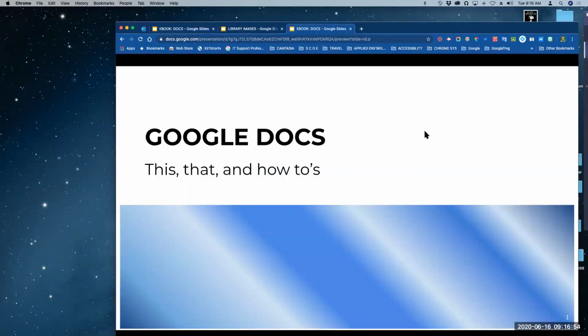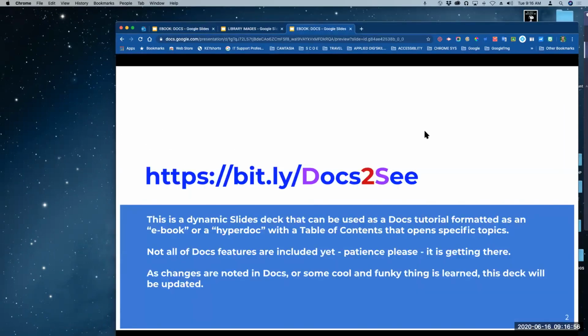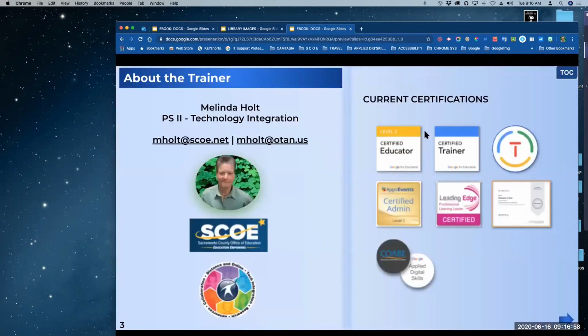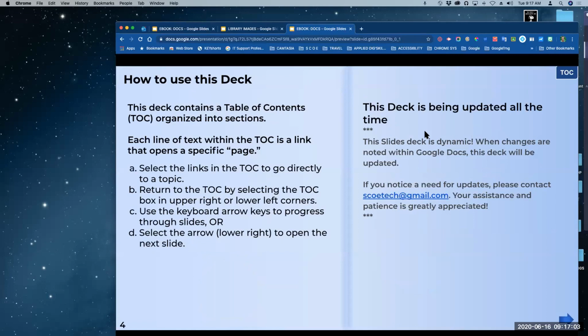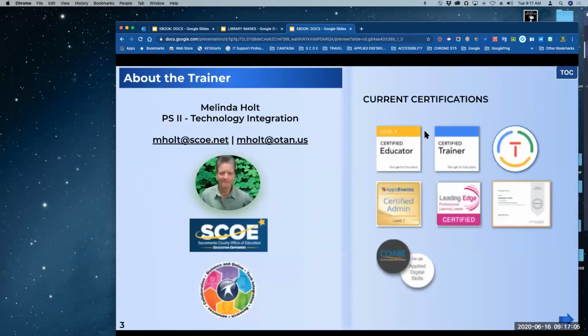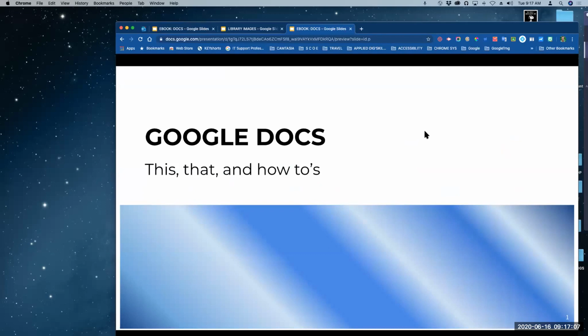So when you do open it up, you're going to see this. You're not going to see any file, edit, view. I'm using my space bar to go to the next slides. You can also use your arrow keys to go back if you wish. This is an ebook. Is it stuck in time? No, this is dynamic, okay? So that means, and it just happened last night, that when I update it, you